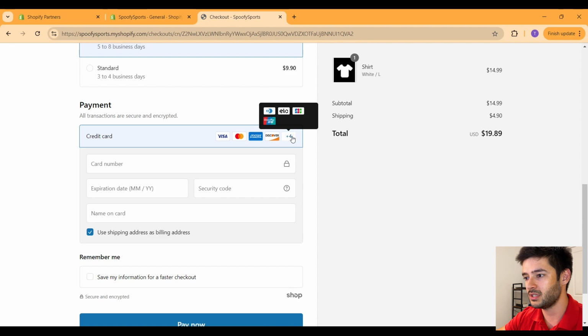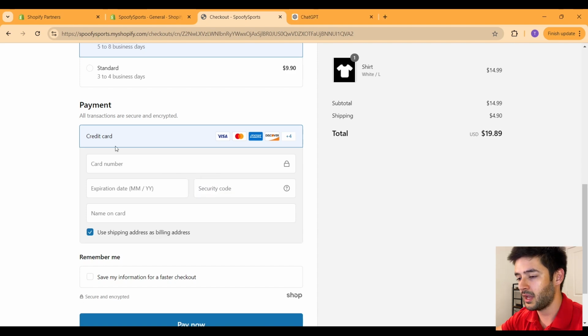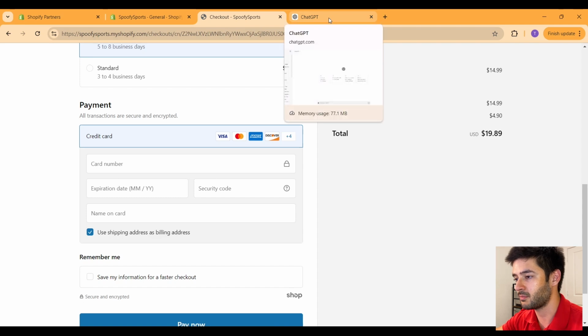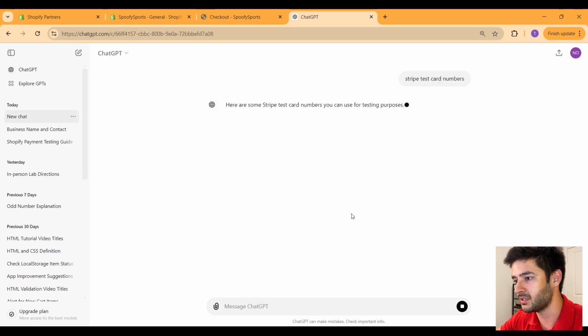And you guys will see that we take all kinds of credit cards here. And again, this is just Stripe integrated into your website for you through Shopify. So this is reputable, this is legitimate, this is secure. And now I need to get a test card number that I can enter here to test my payment gateway. So what I'm going to do in ChatGPT is just say Stripe test card numbers,